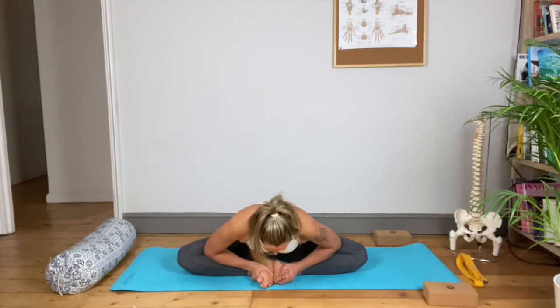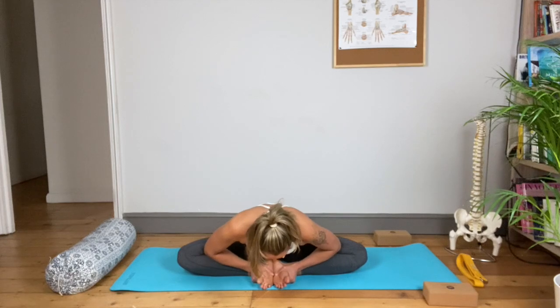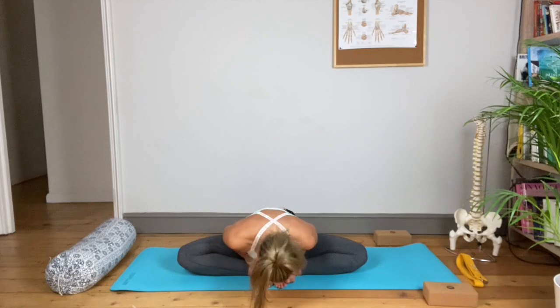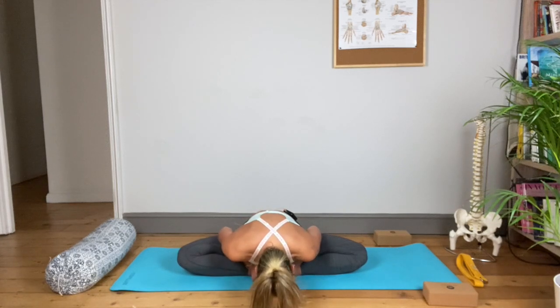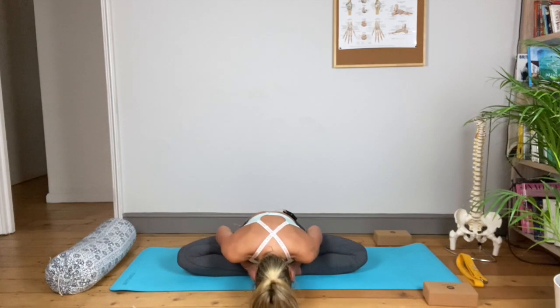we're going to hold this position. Let's try and hold this for 5 breaths, okay? So inhale. 2, 3, 4, and 5. And just notice how on each out breath, inhale up, on each out breath I'm just pressing